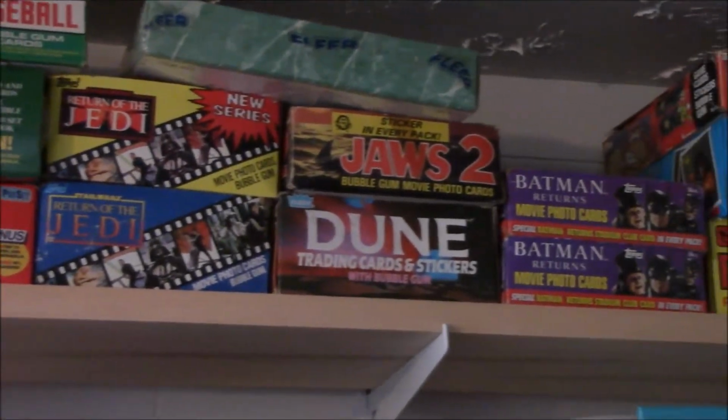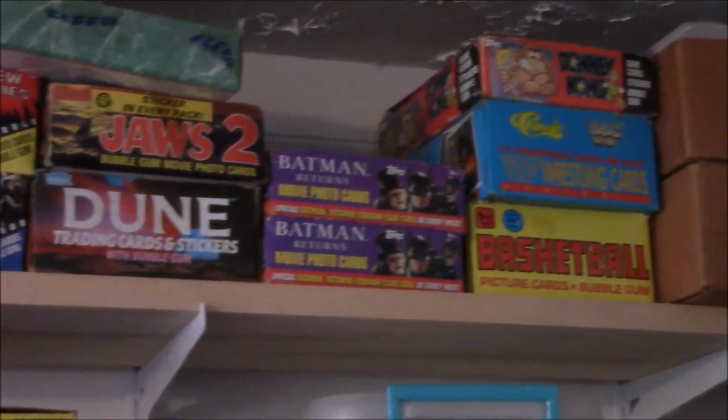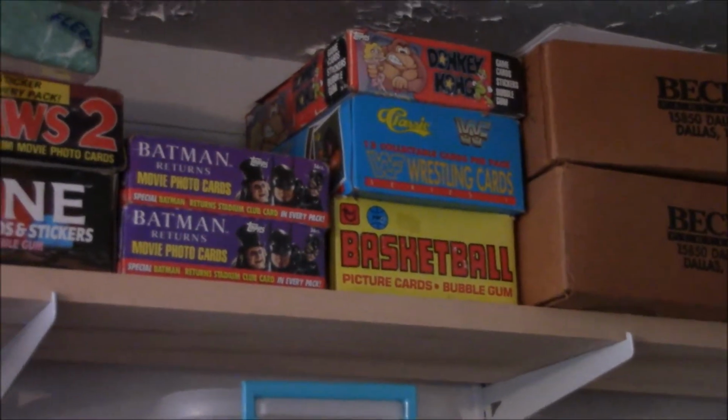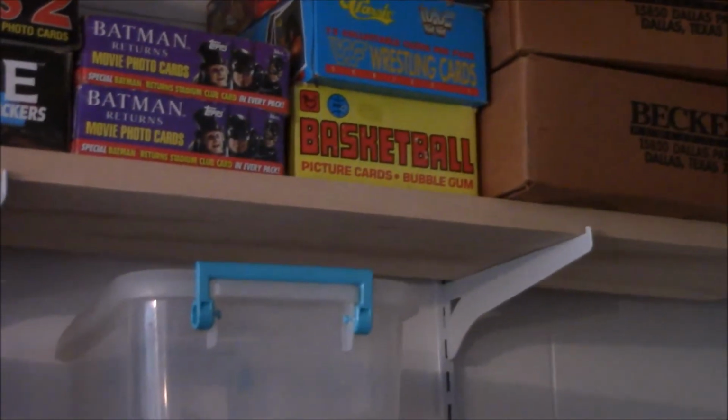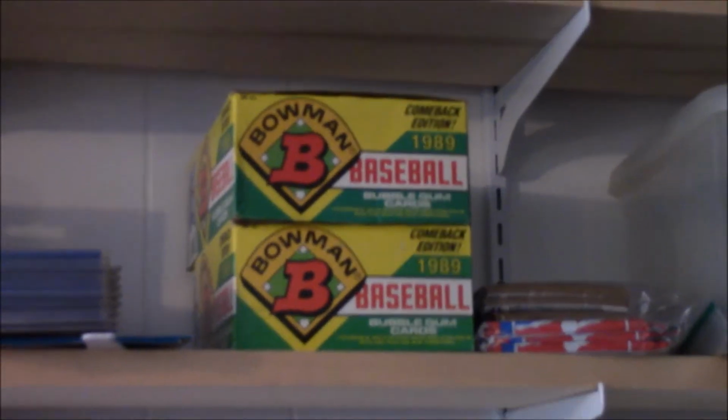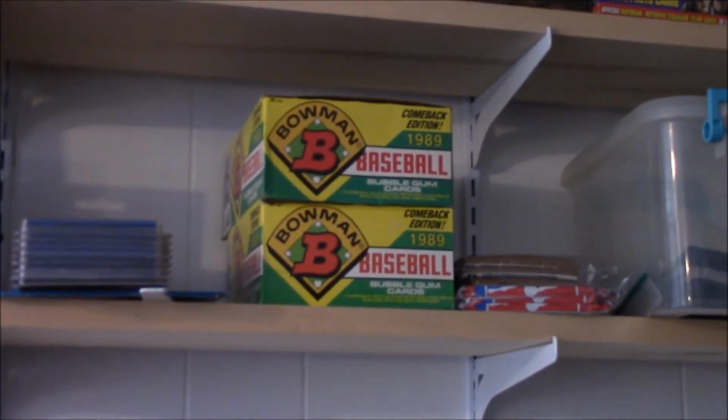Return of the Jedi, Jaws 2, Dune, Batman. Those boxes right there, the basketball classic and the Donkey Kong, they're empty. Actually, the Donkey Kong has a couple packs in it, and a couple 89 Bowman, and some miscellaneous packs. And there's my couple of lunch boxes. But anyway, that's the basement. I'm not going to show you all the stuff over in there. I do have a couple arcade machines, but